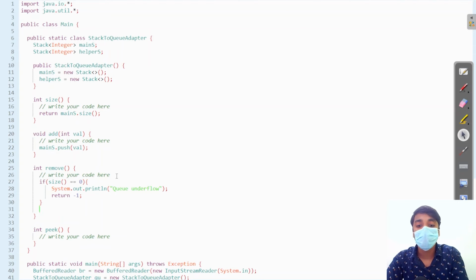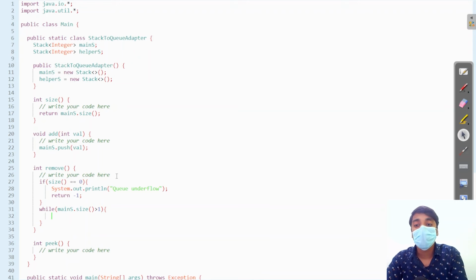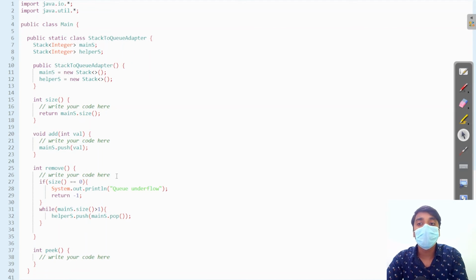Now here we will remove all the values till the size of the main stack is 1 and push them to the helper. Now this is main_s.pop. Now the last value present in the main stack will be the removed value of the queue.